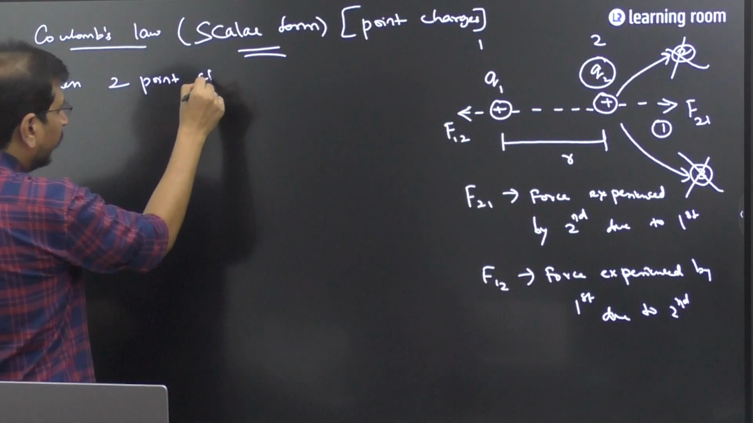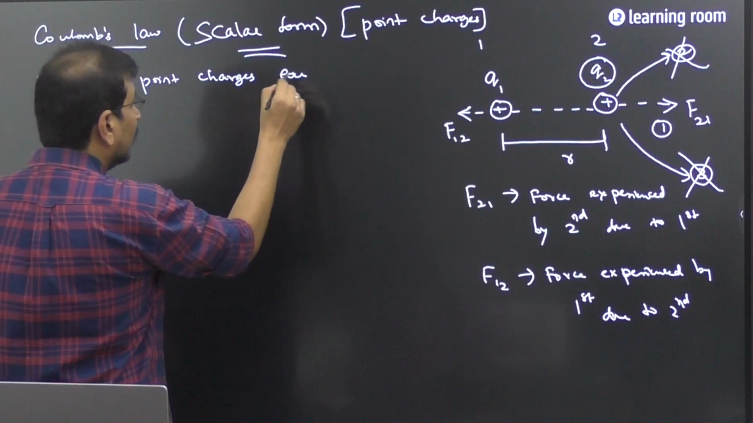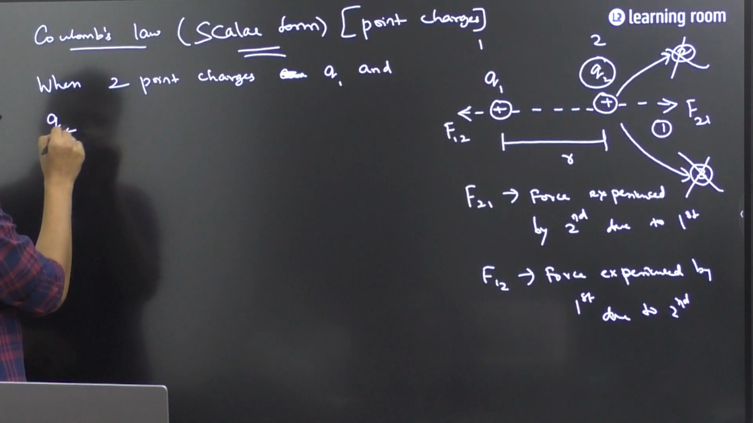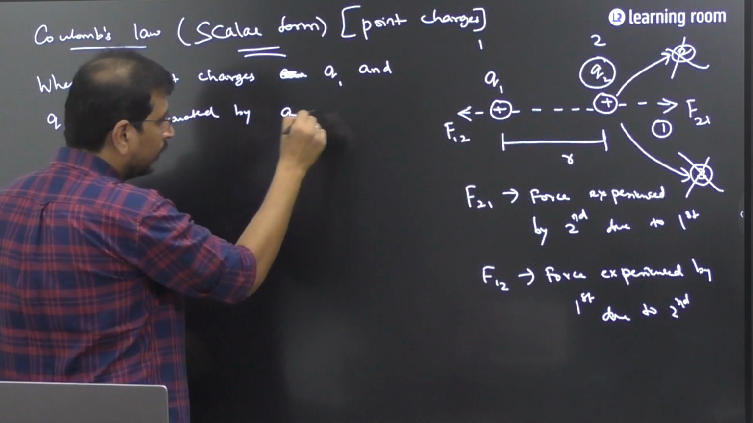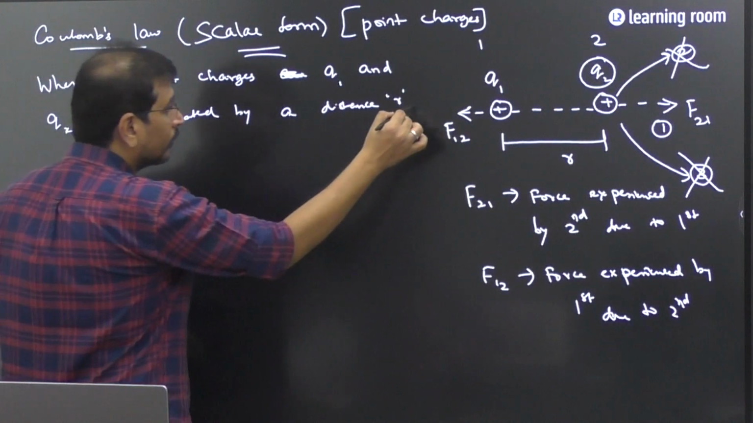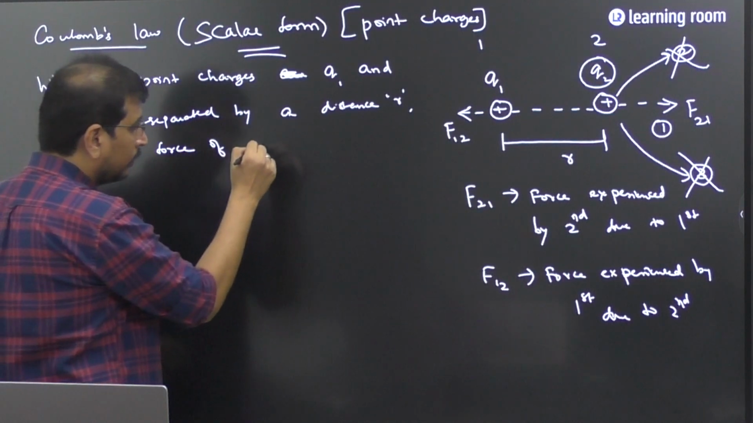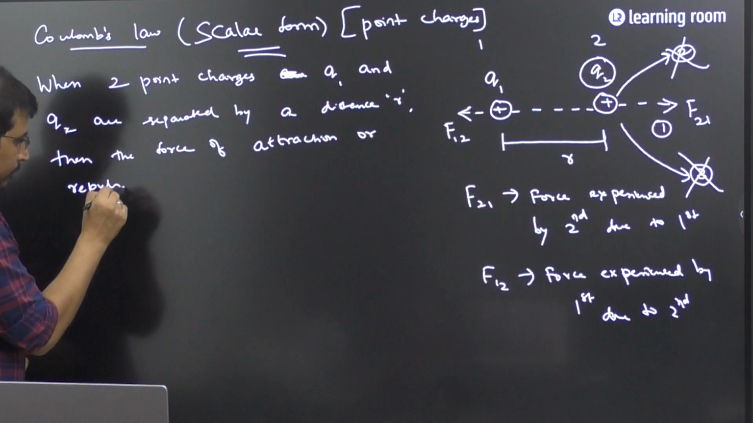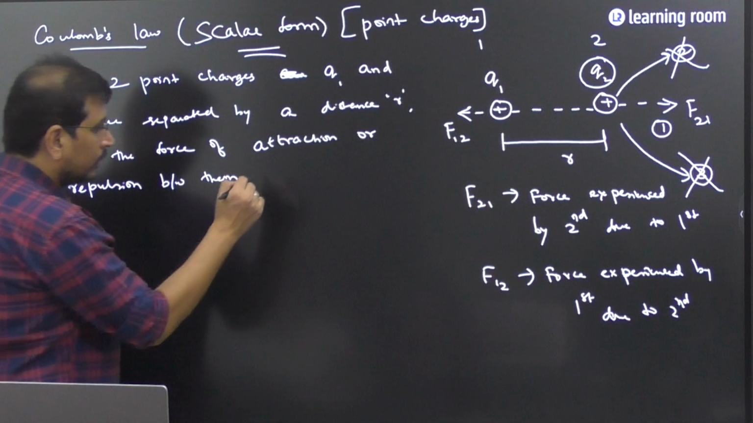So this is the first point to be noted. When two point charges Q1 and Q2 are separated by a distance R, then the force of attraction or repulsion between them is observed to be